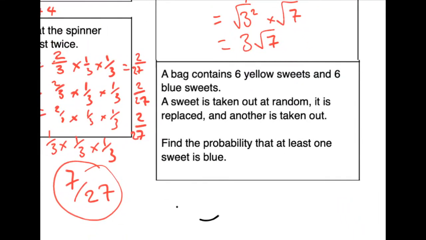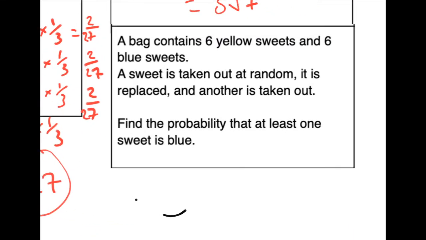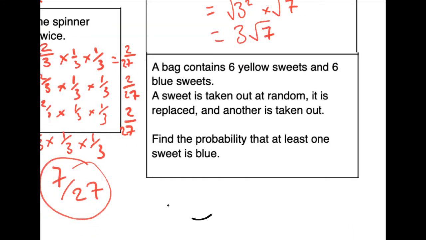And then finally, another probability question here. We've got a bag that contains 6 yellow sweets and 6 blue sweets. A sweet is taken out at random and it's replaced, it is put back in, and then another is taken out. What is the probability that at least one sweet is blue? Well, this is going to be